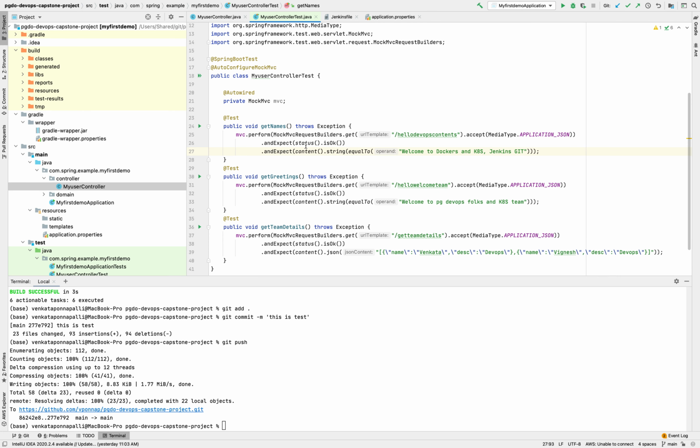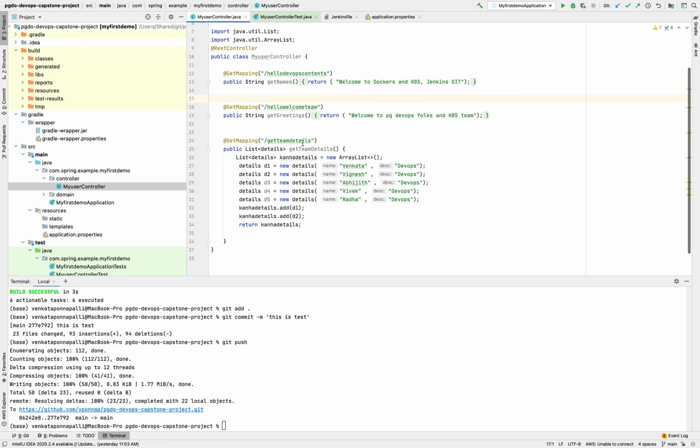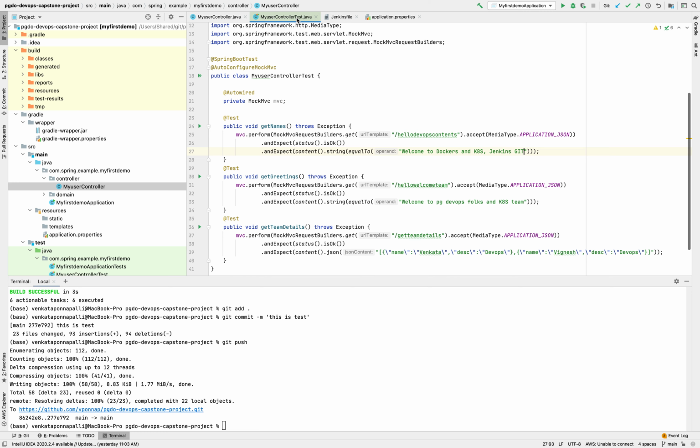It has three methods: get team details, get greetings, and get names. All these three methods use REST API protocols. When a user types this, he will get this response back.